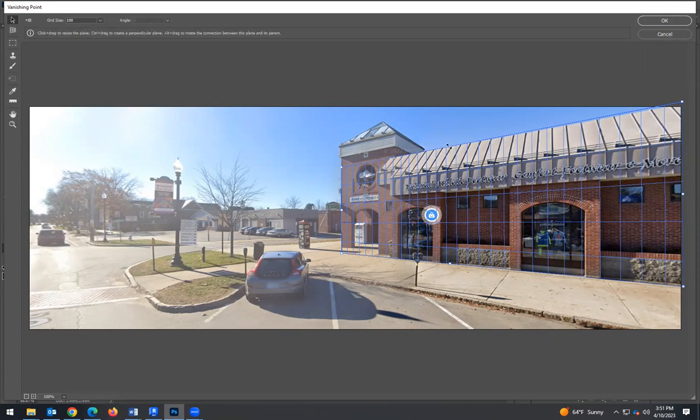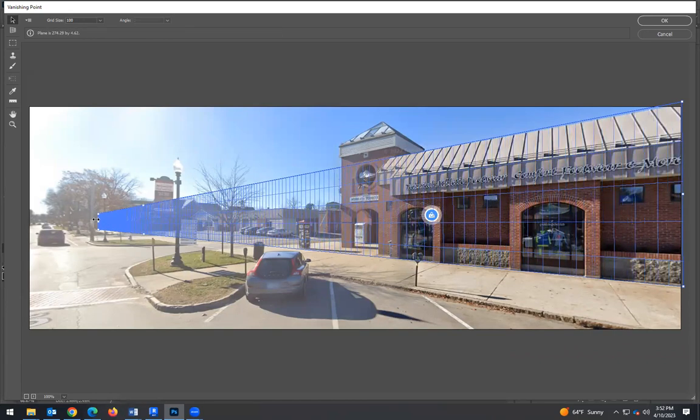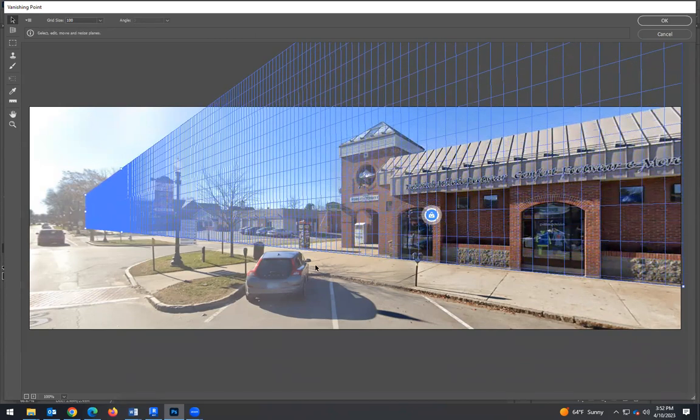Because our building is going to be here, I'm going to extend this vanishing point in this direction. If we want it to be lined up with text, it has to be like this. And where is the end of this vanishing point? I don't know, somewhere there. If I want to make it taller, I can do this. And if I want to make it shorter,